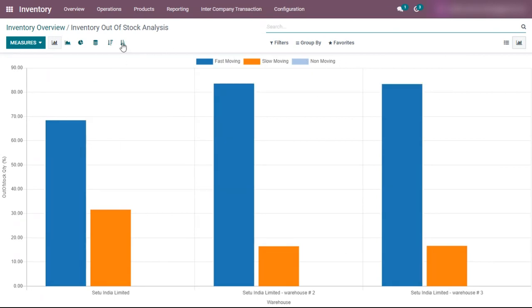So isn't it great that this inventory out of stock analysis report, by letting you know the number of days, the number of quantities, and the total cost value that you may face because of out of stock situation, helps you to avoid this great out of stock nightmare and possess smooth supply chain process in your business, and thus